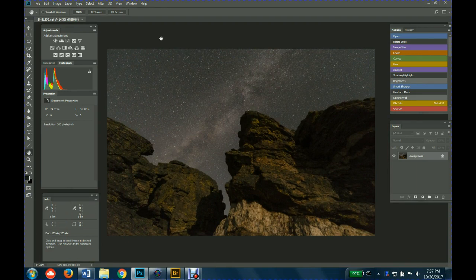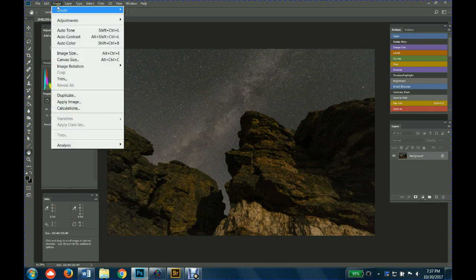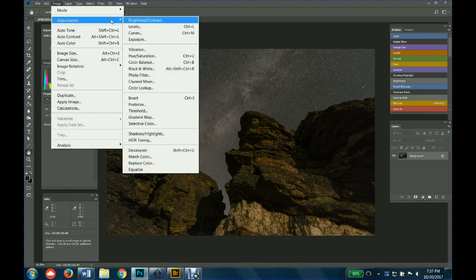So initially you decide, well, what do you want to do to this picture? To my eye, the sky is a little bit low in contrast, and the background tone of the sky is a little bit light. So I want to darken that. The rocks themselves look pretty good though. If I went to adjustments and curves, this is how you find pretty much all the adjustments that you'll need. As you go under the image section on the menu above, and go down and find curves under adjustments,